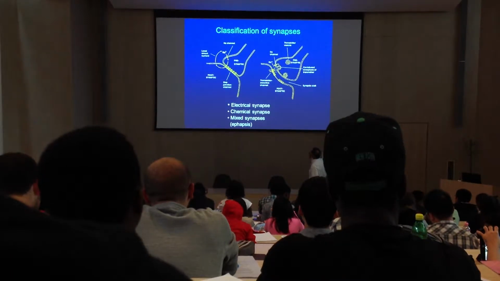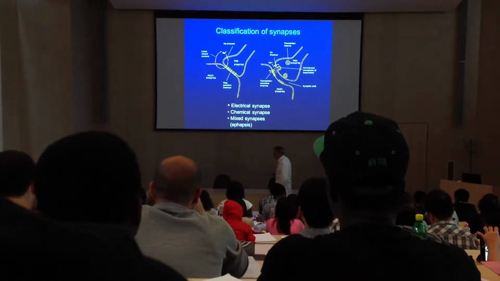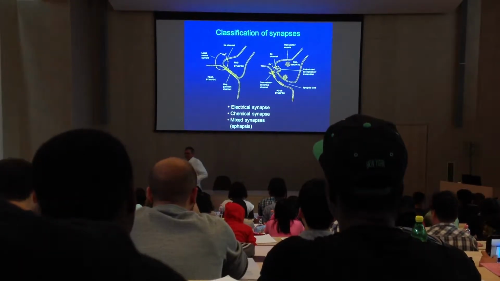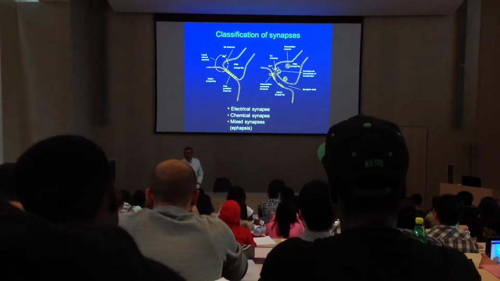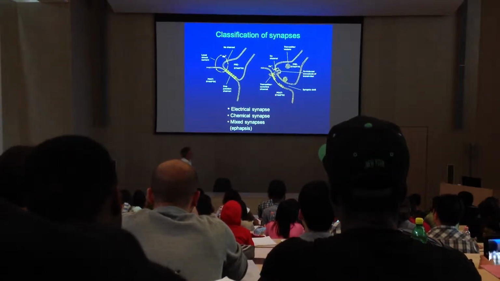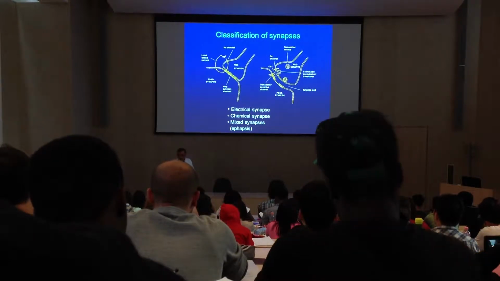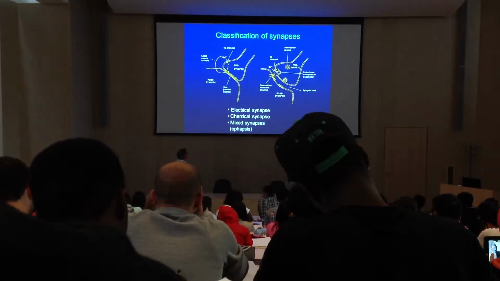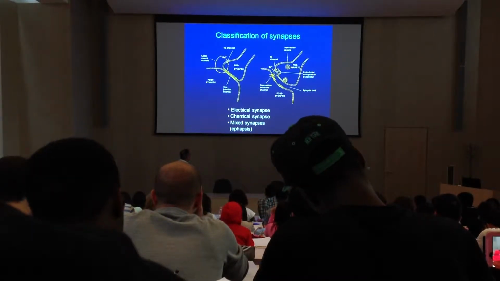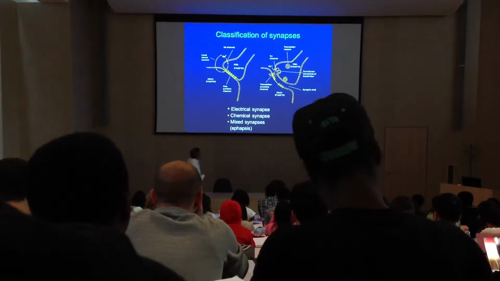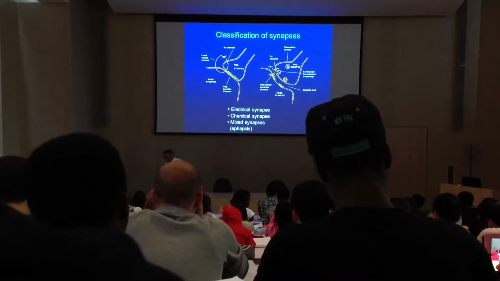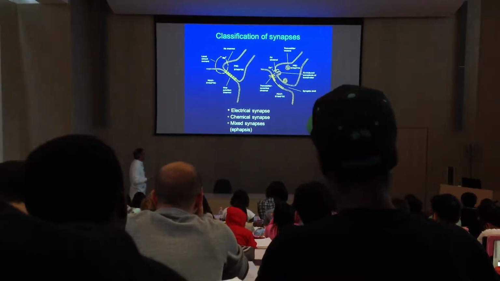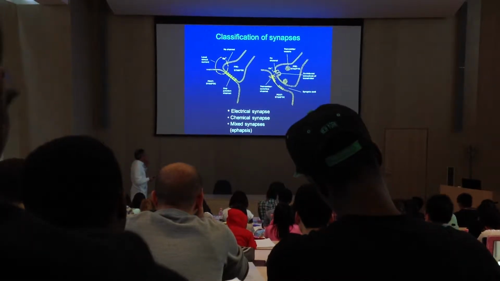synapses, this is how you write synapses. Synapses are divided based on the mode of transmission of information. If that involves an electrical coupling between the two cells, we talk about electrical synapses. If it involves some chemical substance going between the two cells, then we talk about chemical synapses. And in certain cases, in the same structure, both electrical and chemical synapses can be present, then we call them